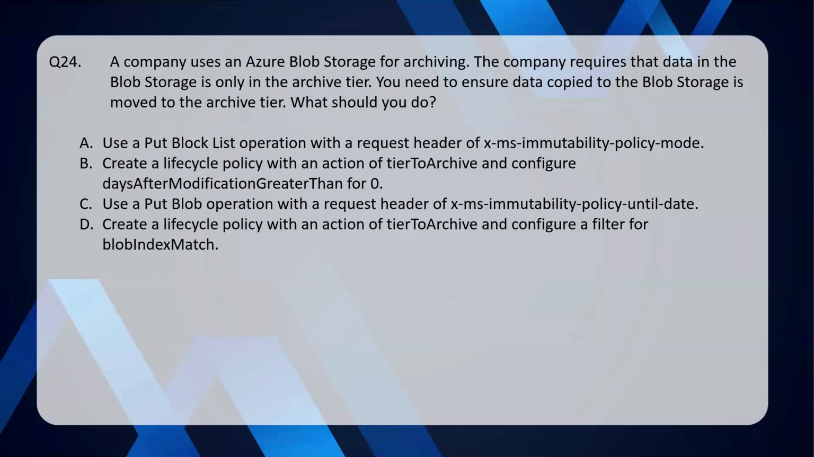Next question. A company uses an Azure blob storage for archiving. The company requires that data in the blob storage is only in the archive tier. You need to ensure data copied to the blob storage is moved to the archive tier. What should you do? Your options are use a put block list operation with a request header of XMS immutability